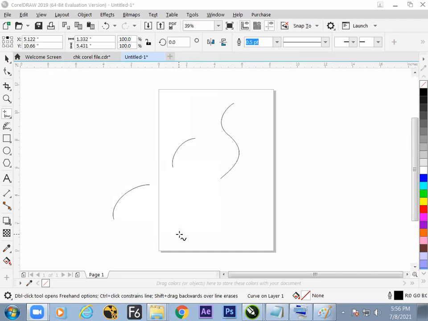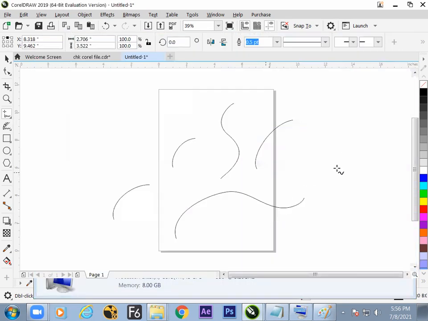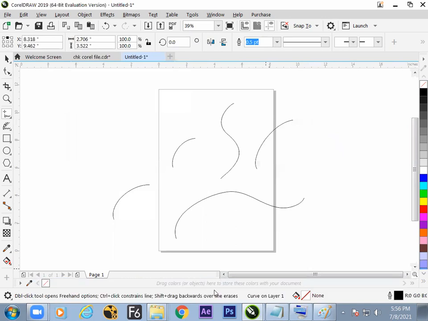Method number one, step number one, drag it up. Step number two is more important. Don't leave the cursor. This is a point to note. Once you leave, then it doesn't work out. So draw the line. Don't leave the cursor. Now hold the shift and move reverse. You can find an indication of a red mark that is indicating that this is deleted. Is it clear now? So hope this part is done.